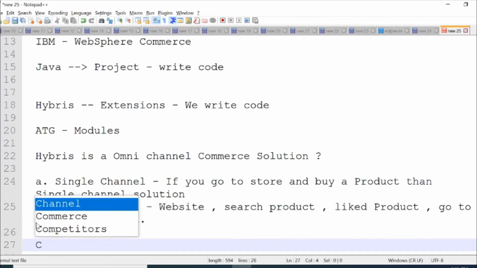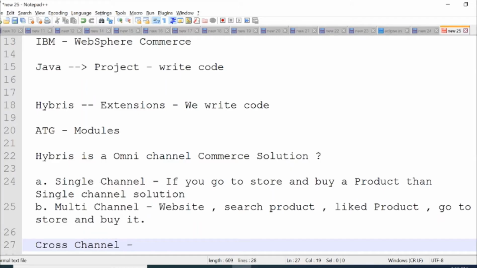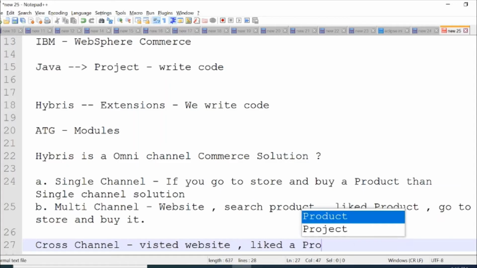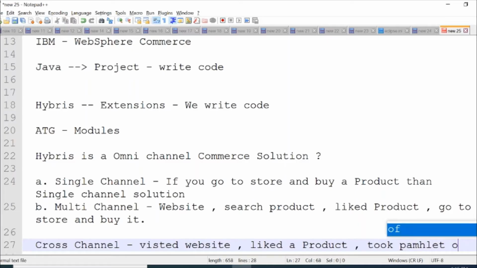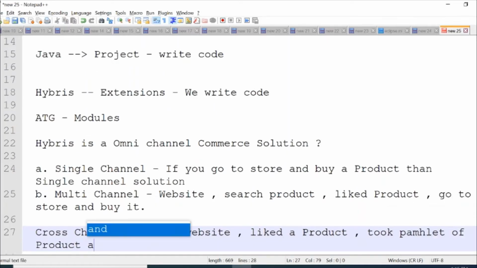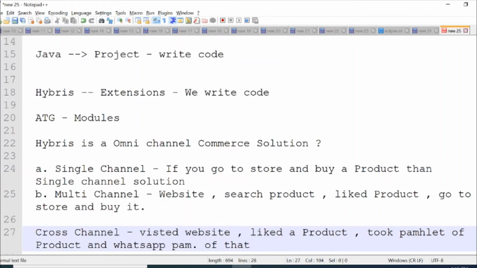And then there is a cross channel solution. Cross channel means you visited a website and then you liked the product, you took the pamphlet of the product and WhatsApp the pamphlet of that product to your friend.